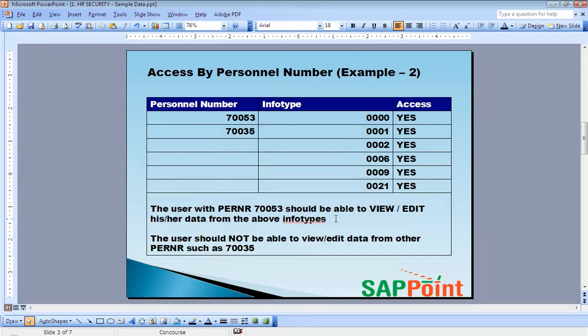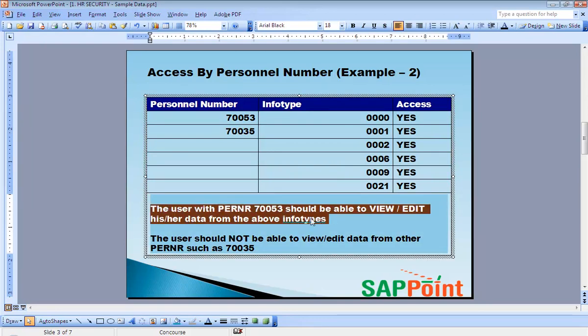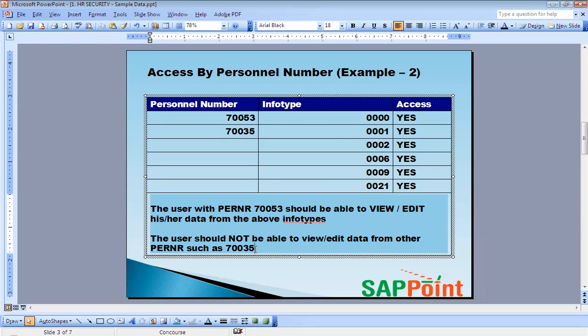So in this example, what we are saying is that the user should be able to view or edit his or her own information for these infotypes, but should not be able to view data for this partner 70035.